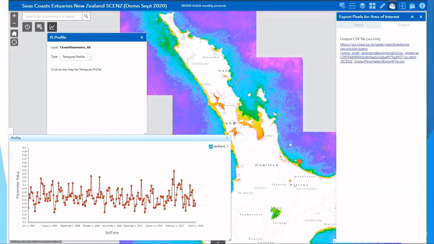The current imagery service tools from the WebAS GitHub repository work well, but their scope is a little limited, and we'd wish for them to be extended further. The temporal evolution of individual parameters for a single location can quickly be analyzed using a temporal profile, while external analysis is possible for larger areas by exporting the pixel values into a CSV file to use in other tools. And we enable that using a GP tool, which is shown in the upper right corner, which ultimately returns a CSV file for download to the user.